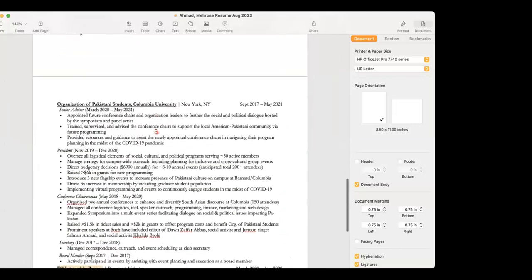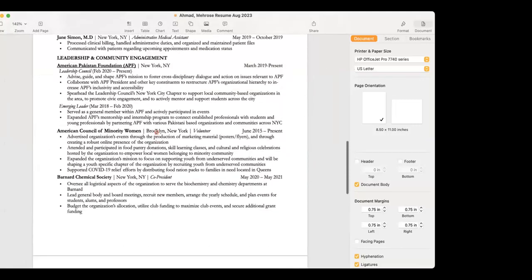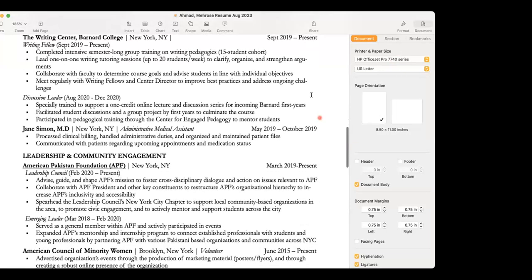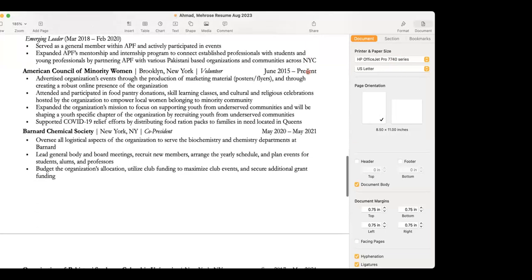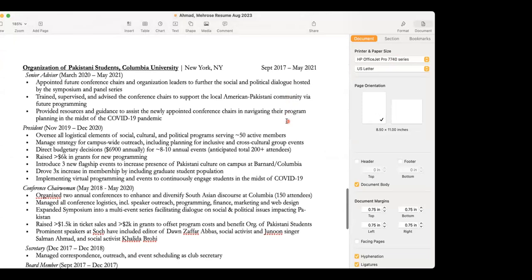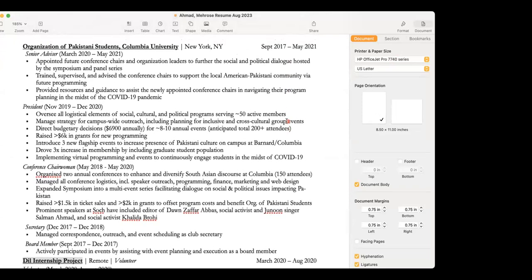Another thing that many students are unable to understand at the beginning is how to demonstrate multiple roles within the same activity. I've seen a lot of students write that they were president of the knitting club. I'll ask them, okay, you were president, but at any time were you a general member or another leadership member, or did you just go straight to president? Then they'll tell me, actually, I was a general member, then secretary, and then I became president. So my question is, why are you not including that on the resume? You should include all of these activities